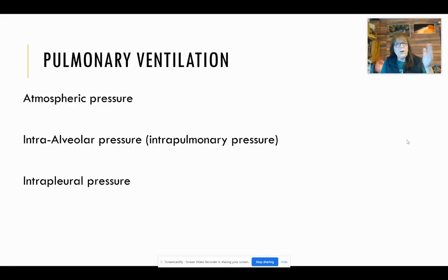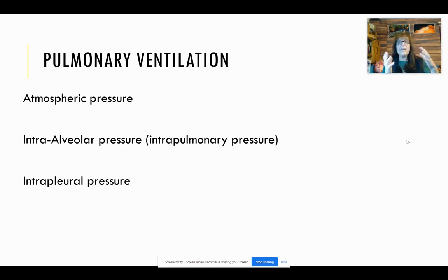So let's talk a minute about what breathing is. Breathing is really just the mechanism that moves air into our lungs and pushes air back out of our lungs. That is breathing. Now, it's driven by pressure gradients within your lung, and these pressure gradients are driven by atmospheric